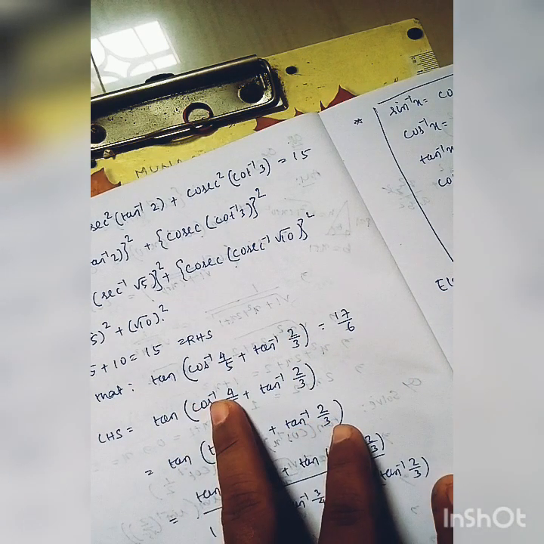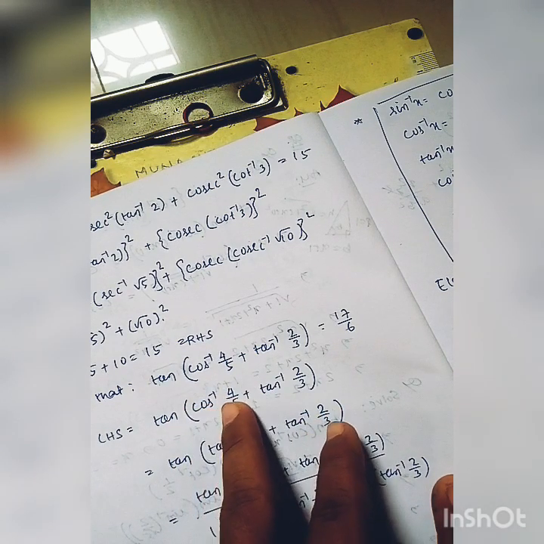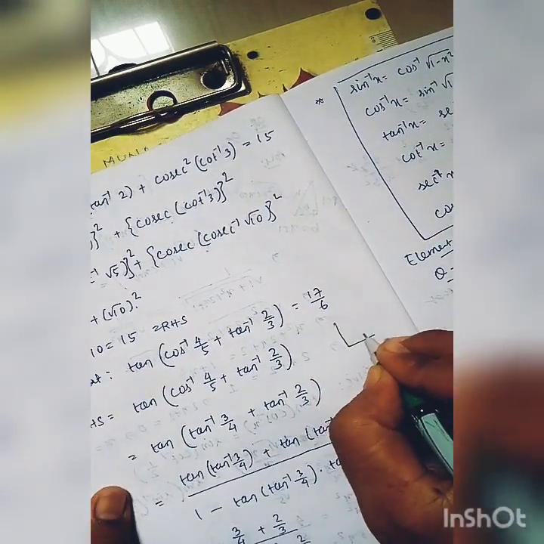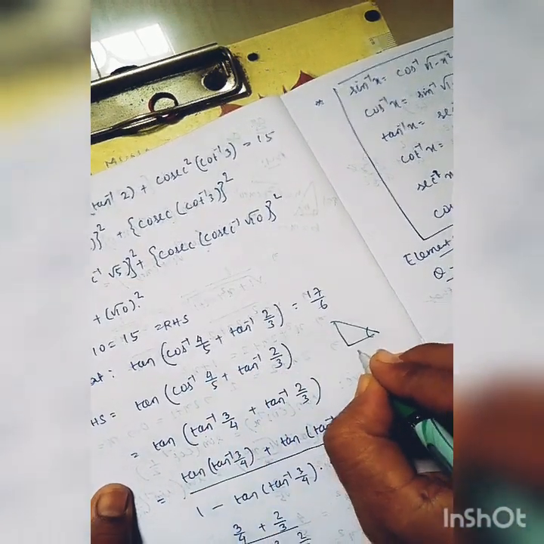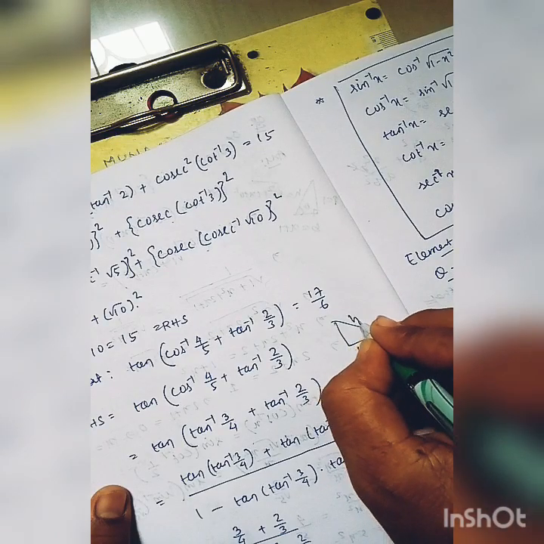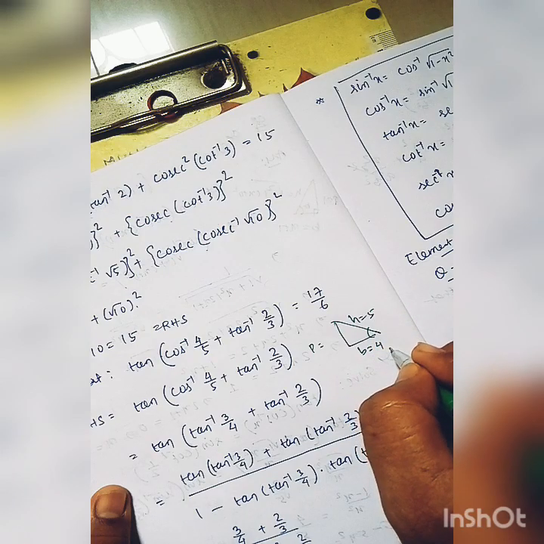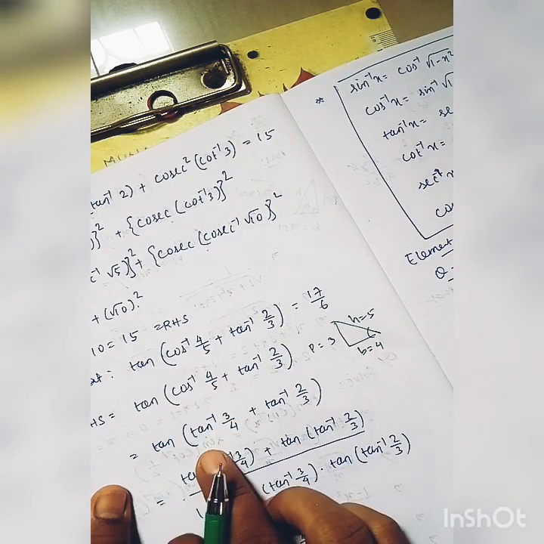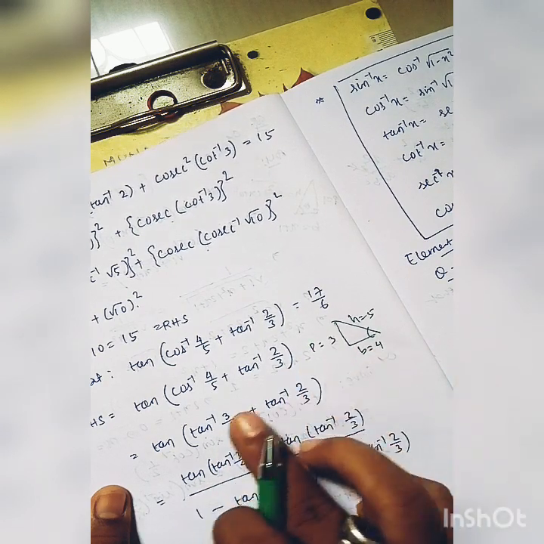Here we can find tan A, that is tan of cos inverse 4 by 5. So it is better to reduce it to the form of tan inverse. Cos inverse 4 by 5, that is cos theta equal to b by h. Here b equal to 4, h equal to 5. So obviously p equal to square root of 25 minus 16, that is 9. Square root of 9 is 3. So cos inverse 4 by 5 is equal to tan inverse 3 by 4, that is p by b.